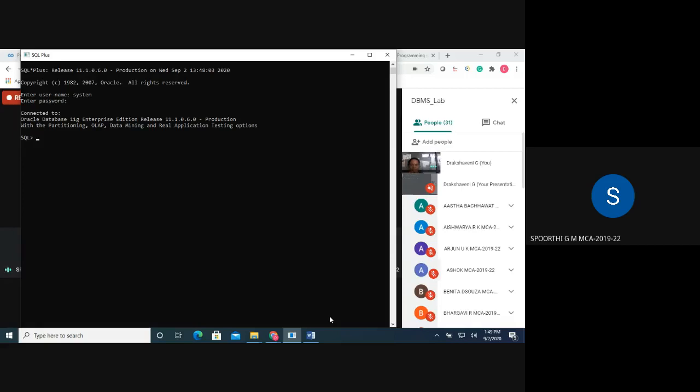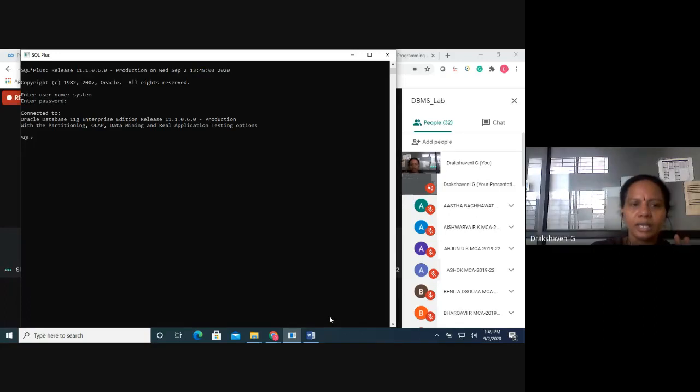Ma'am, yes. While creating the password and the username, it's up to there. After that, there is some error. We are not reaching up to this point, like here. Exactly. If you have properly installed everything, you should get the SQL prompt like this. The username and password, generally, will be system and Oracle. You should enter those and you should get a prompt called SQL.